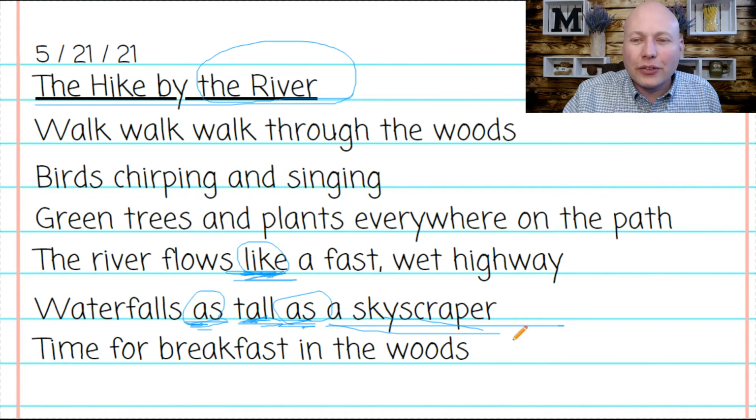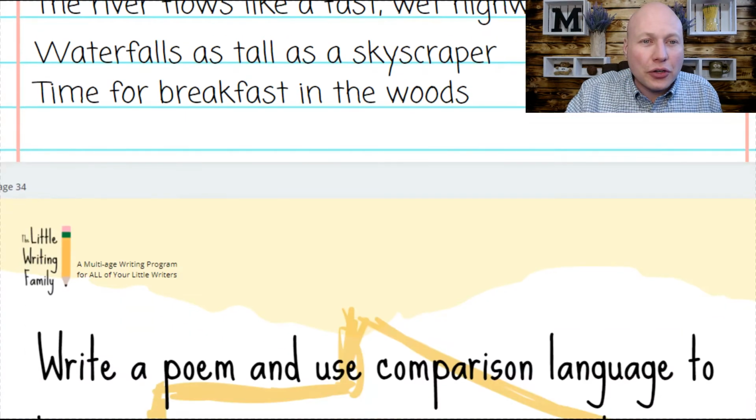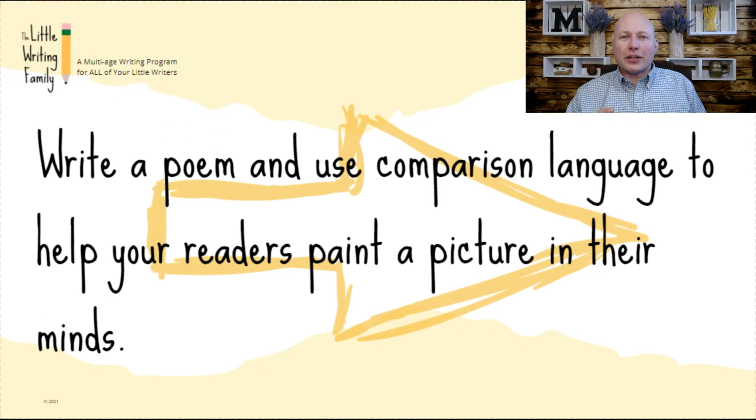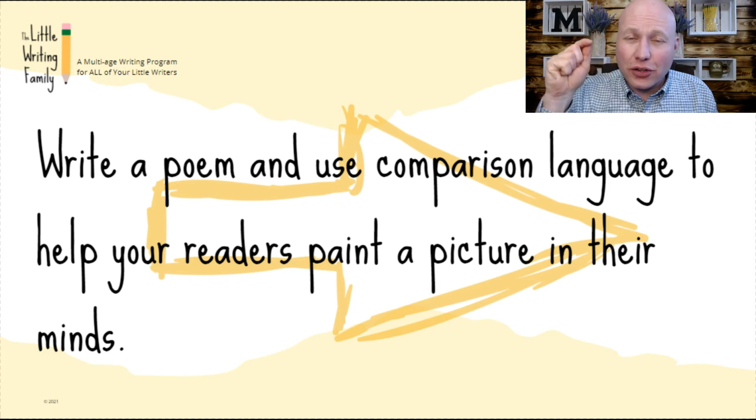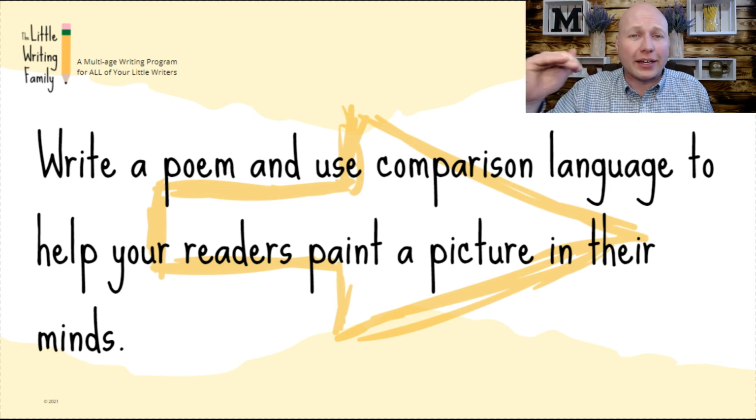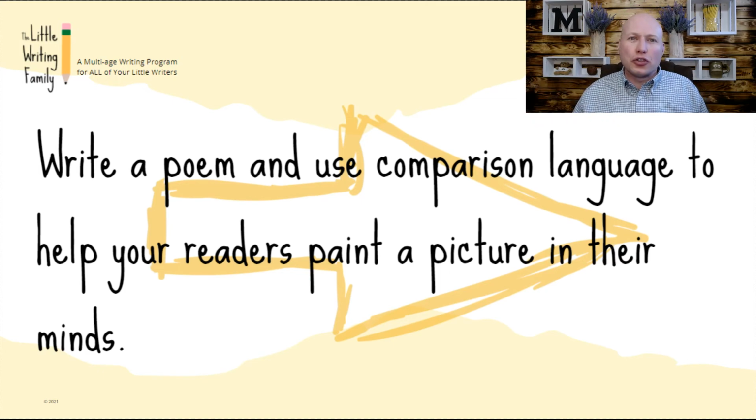So, today, in your poems, I want you to pick a topic to write about, talk to a friend, and if you can find one comparison that you could put in your poem, that would be a huge success. You don't need to have every single line have a comparison, because then it's almost like it's too much. It's like those 25 to 30 O's in the word so, right? It's too much. One or two good comparisons in your poem will do wonders for your writing, and it will really help paint a picture in the minds of your readers.